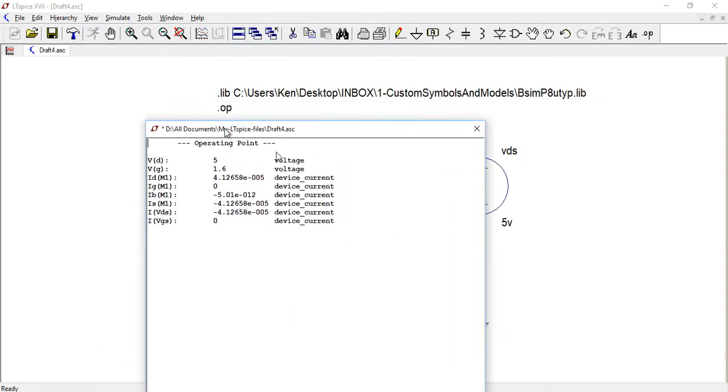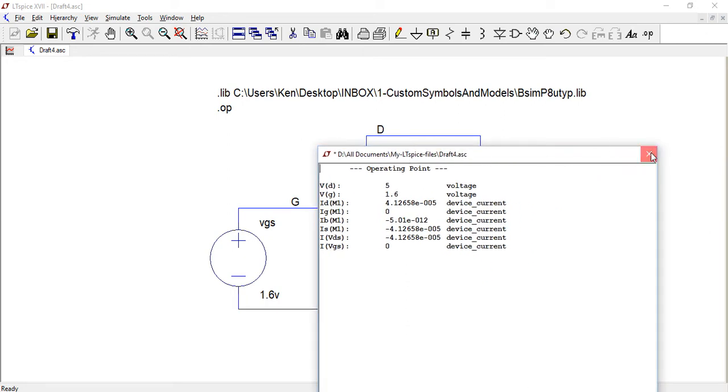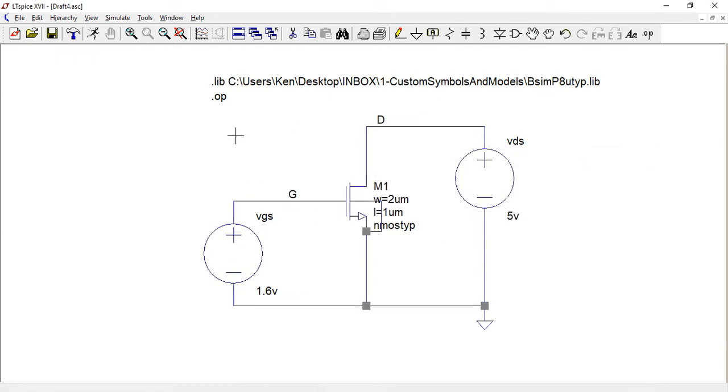and everything looks to be working okay. We can see on the drain voltage here we have 5 volts, on the gate we have 1.6 volts, and the drain current is just a little over 41 microamps. That looks good. Now, the first simulation that we're going to do is just to do a DC sweep of the VDS. In other words, we're going to change the voltage from 0 up to some higher voltage,